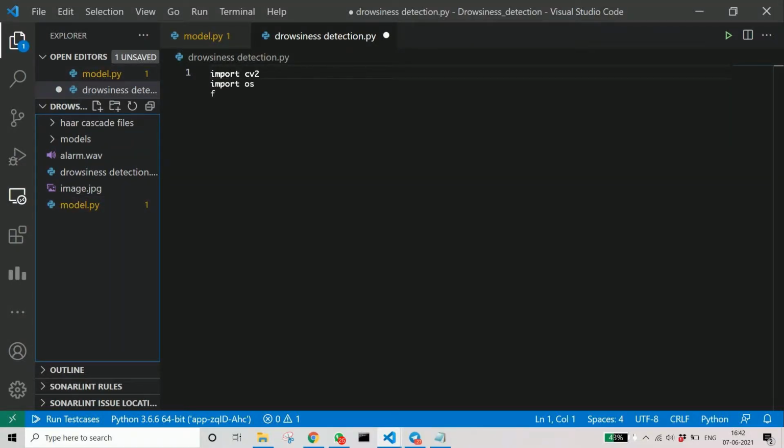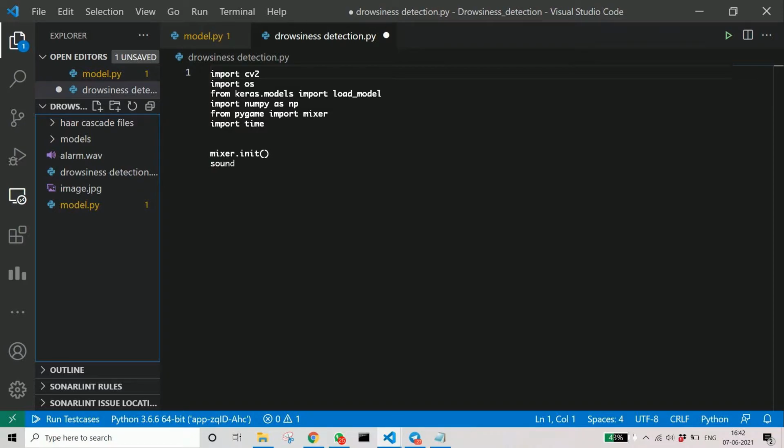Here I am not showing the execution of the model because we have already trained the model. You just have to run the model.py script. So let's go to the major part, which is the drowsiness detection. That includes loading the trained model and then using OpenCV to predict frame by frame.